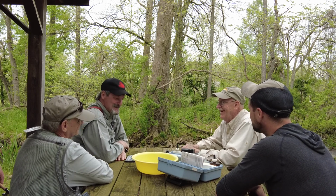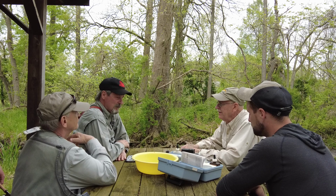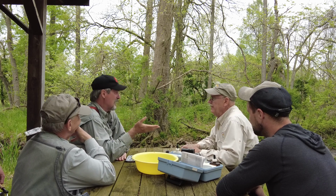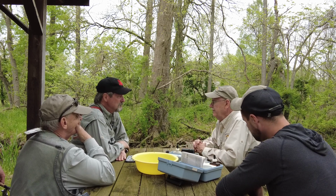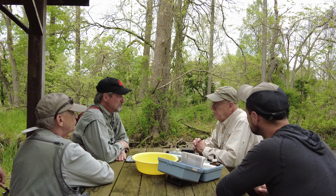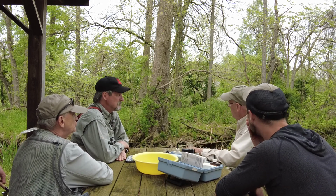Yeah. So why don't you take a second and explain to me the importance of pH to trout? Yeah. Or for that matter, any fish. Yeah, right. Well, on these streams, pH is a very major factor, and that limestone. These basically are mostly composite streams. Like here, this stream is more like